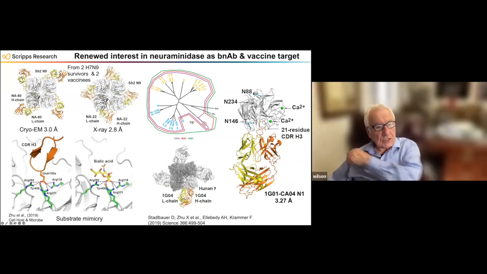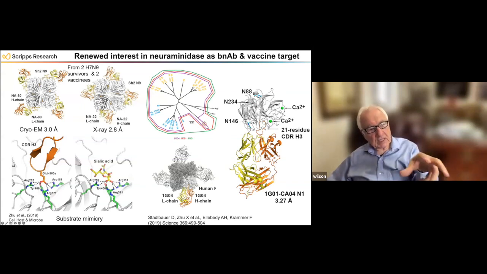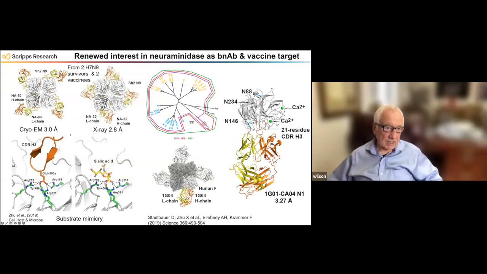So with two collaborations, with Jim Kroll and then with Ali Elibadi and Florian Kramer, we've looked at antibodies to the neuraminidase. Neuraminidase is different from these others. It's a tetramer, and here are antibodies binding around the outside. We see molecular mimicry of the receptor going on in these antibodies as well, because to get into the binding site, they throw in a long CDR loop. At the tip of this loop is a glutamic acid, which again mimics the carboxyl on the sialic acid.